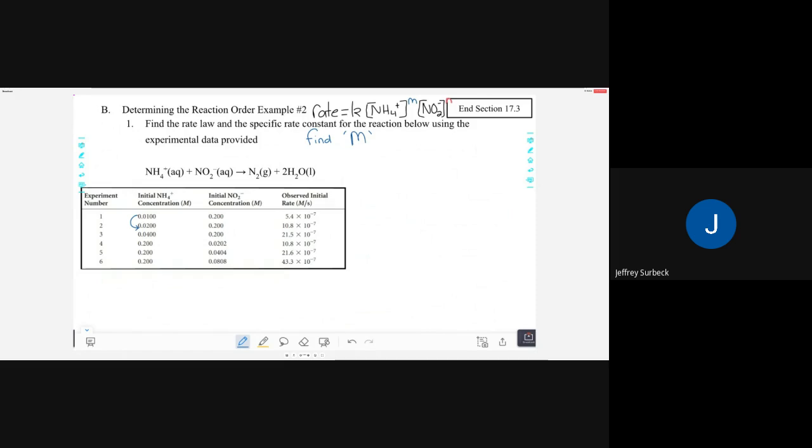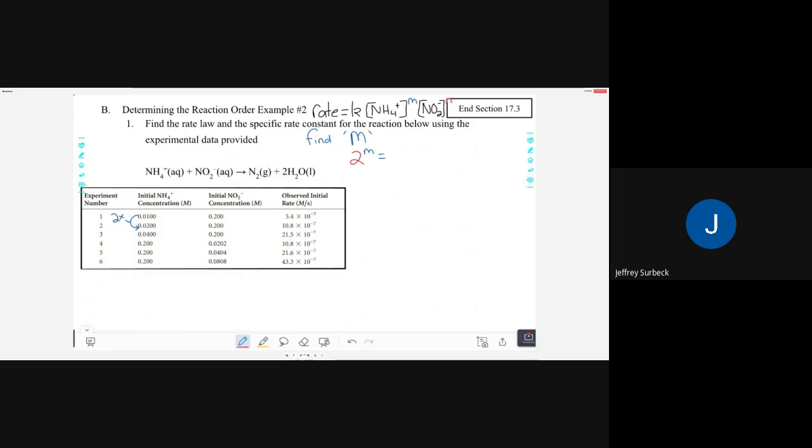So we ask ourselves, relatively, did it double, triple, quadruple? Double, right? So we say, hey, this is 2 times. And so what we're going to do is this. We are going to say, all right, 2 times, or 2 to some power M, equals